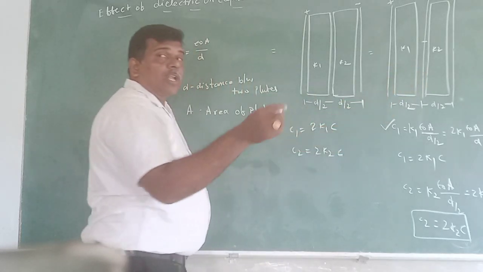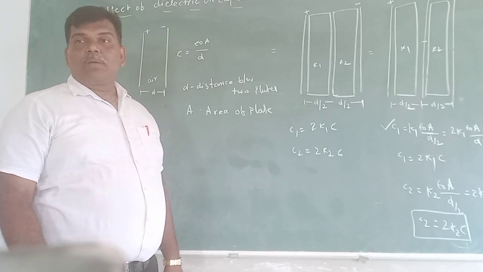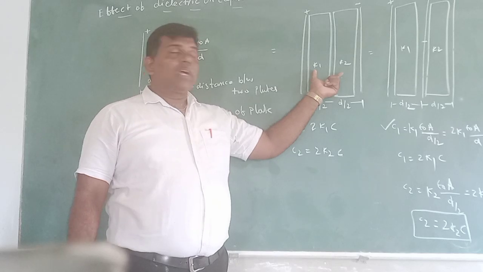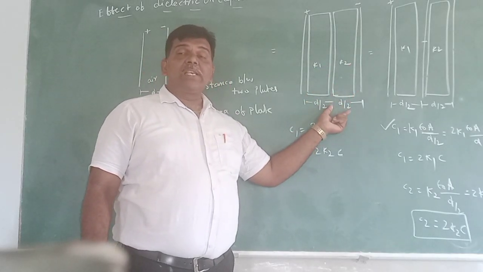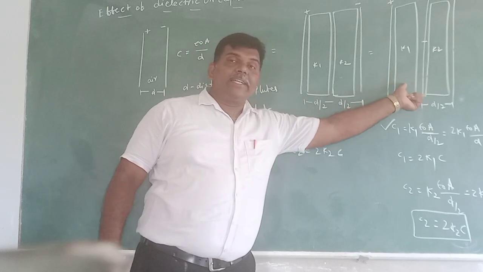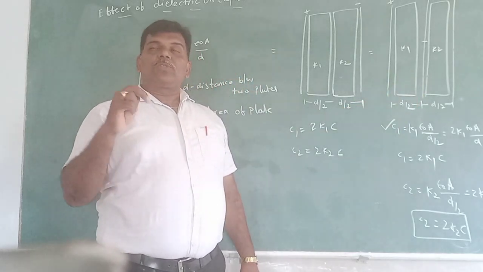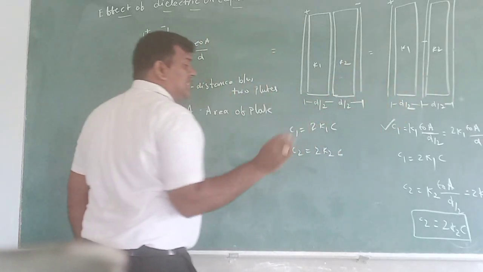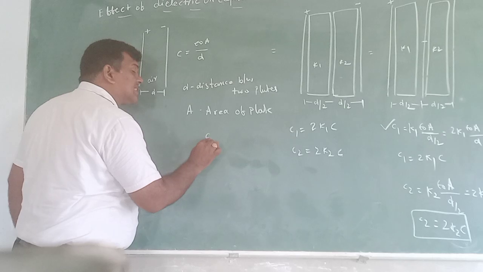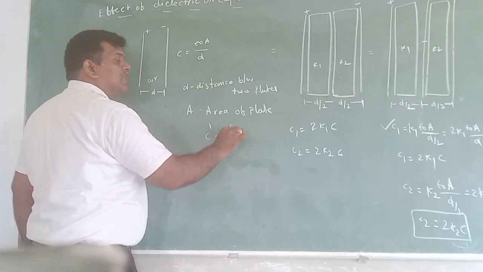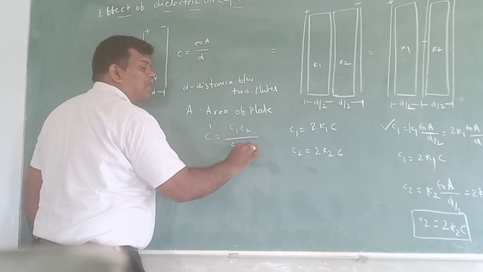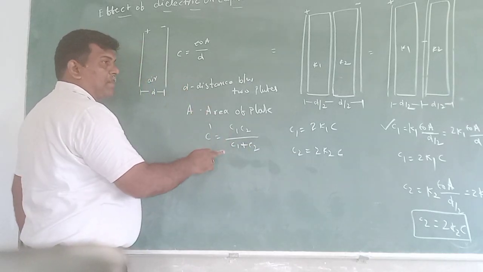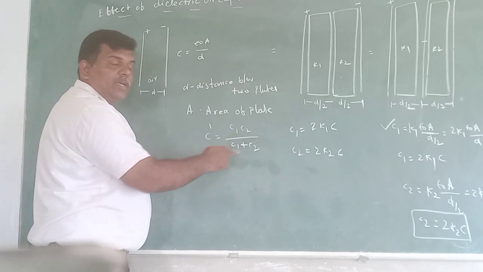Both capacitors come into series combination. But there is one capacitor. After introduction of the two dielectrics K1 and K2, the distance becomes half, and that single capacitor can be divided into two capacitors. So the capacities C1 and C2 come into series combination. What is the formula for series combination? C dash is equal to C1 into C2 by C1 plus C2. Their effective capacity formula is C1 into C2 by C1 plus C2.